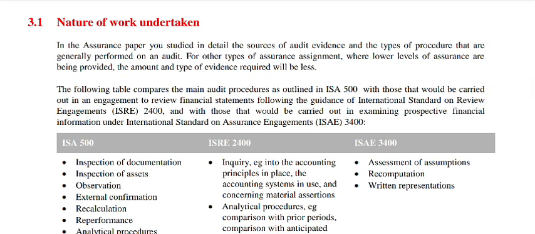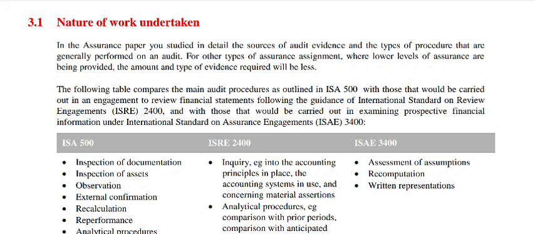3.1 Nature of work undertaken. In the assurance paper, you studied in detail the sources of audit evidence and the types of procedure that are generally performed on an audit. For other types of assurance assignment where low levels of assurance are being provided, the amount and type of evidence required will be less. The following table compares the main audit procedures as outlined in ISA 500 with those that would be carried out in an engagement to review financial statements following the guidance of International Standard on Review Engagement, or ISRE